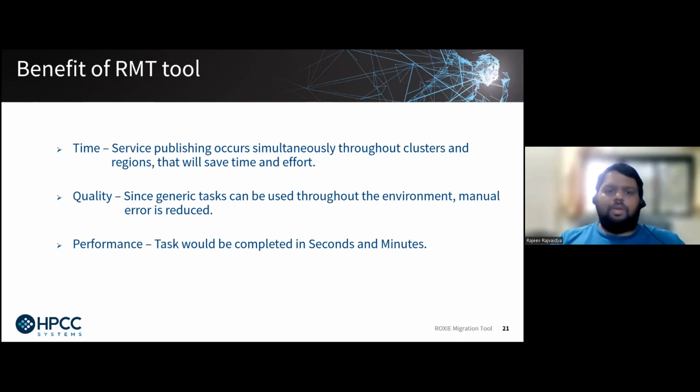But also the idea came in that when you are migrating from on-prem to cloud, or from bare metal to bare metal, anything, you just don't have to get it right the first time. You have to get it right redundantly, and this is where the ROXIE migration tool helps. You have to do this redundantly on a daily basis. It's going to be boring if you're going to do this every day. So we have these tools to help you with it. It's faster,